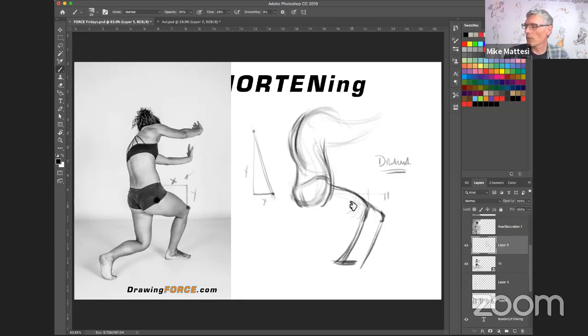So what I'm trying to get to here is that it's very common to look at the model and for your brain to lie and say, I think it's this long, because it's not accepting how short something is. The common trap is to make things longer. So when you see foreshortening, something going away in space or coming towards you, allow that warning bell to go off in your head to say, there's foreshortening here. Things are being shortened, and I need to be really aware of how short it is. That's what we want to keep track of.